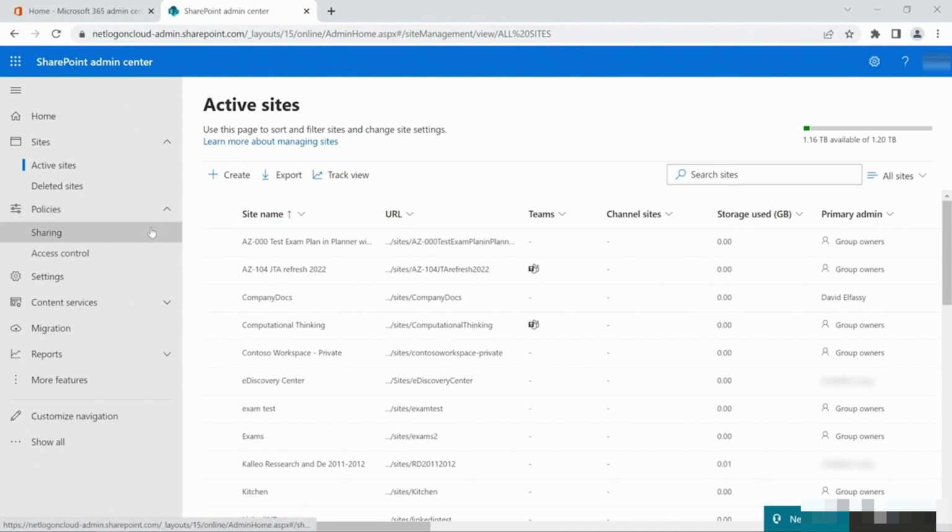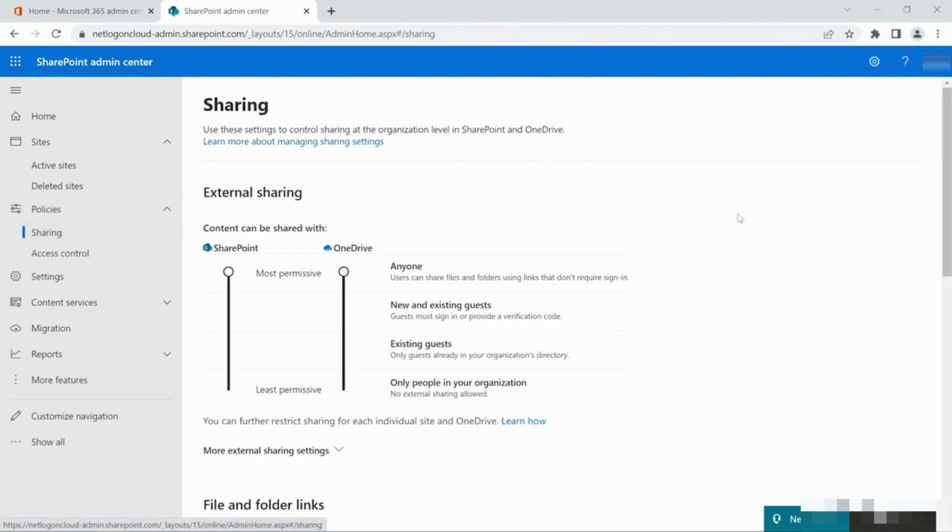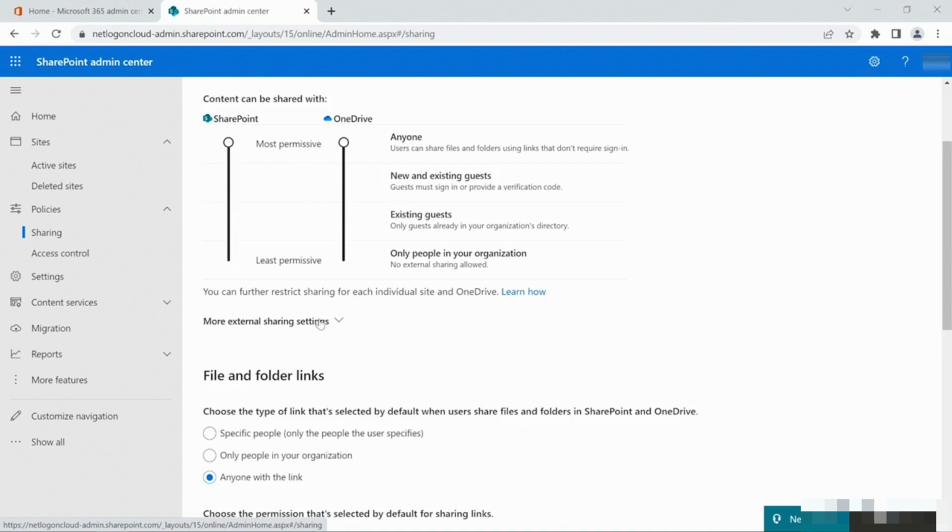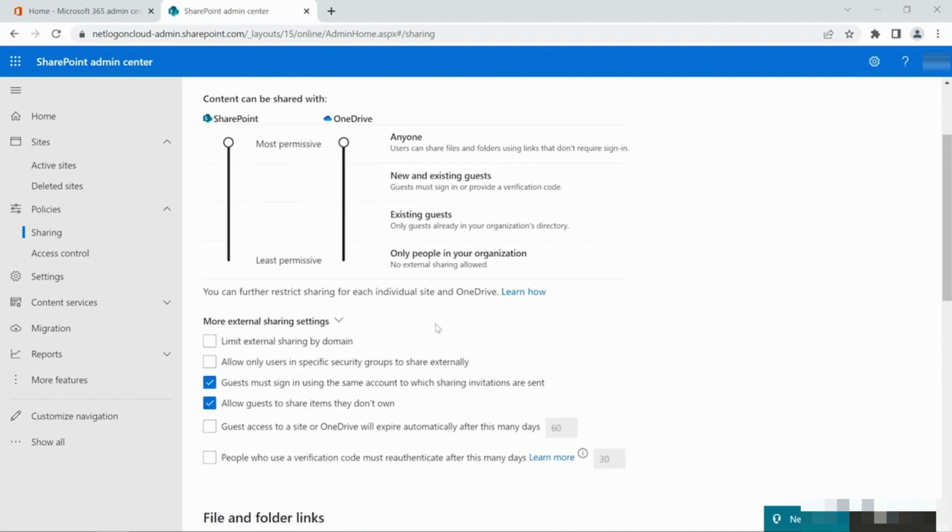If I click on Policies and then Sharing, this is where I see who can access the SharePoint sites. And this is very important if you are sharing with external users. So first of all, here you see what the permissions are. Now there's permissions in OneDrive and SharePoint, and it actually shows you how those permissions work together. As well, if I click here on More External Sharing Settings, this is where the true configuration is for allowing